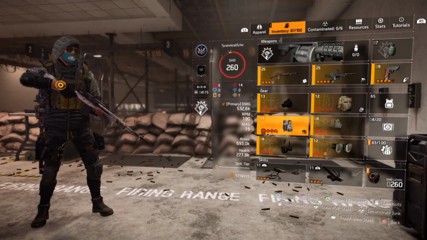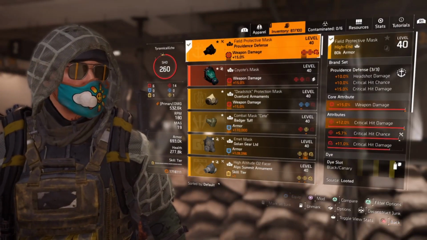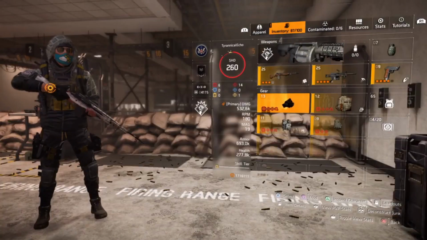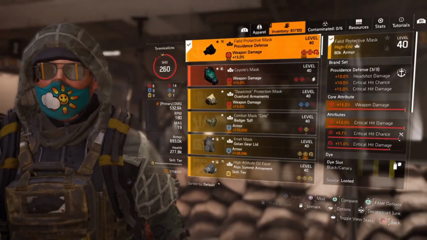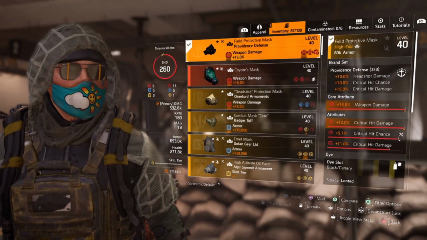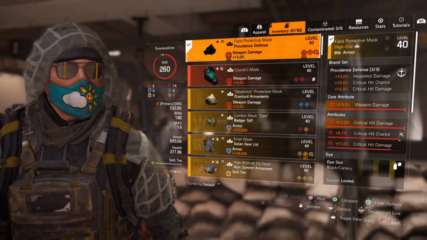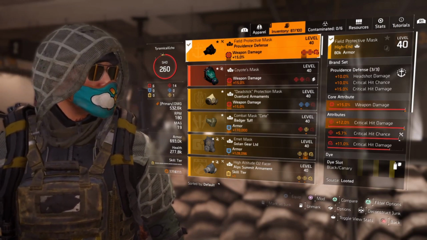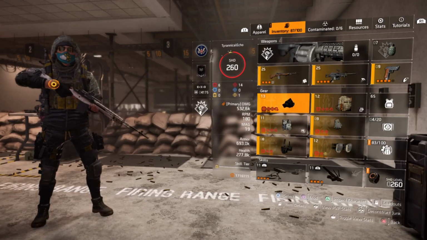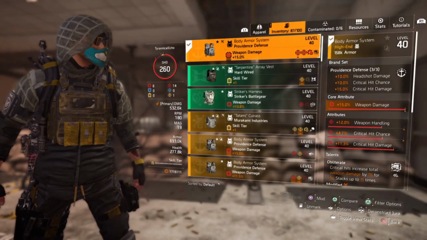For your basic build, Providence, gentlemen. Just straight Providence. I mean, you can't go wrong. I don't know why they did it this way, but headshot damage is not great, but critical hit chance 10% and critical hit damage 15%, and you just want red rolls. I cannot stress that enough. All red rolls. The chest piece is the one piece that